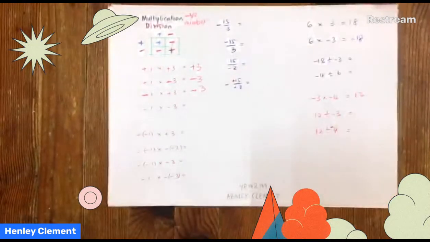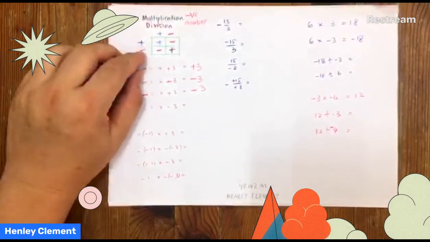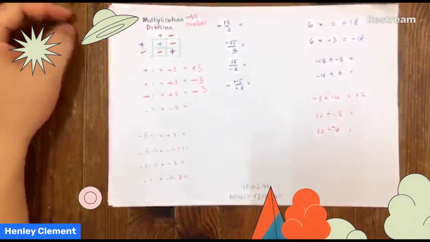Now the problem is this one. Negative 1 times negative 3. From before, you know that negative 1 times negative 3 will get you a positive number. So I have one